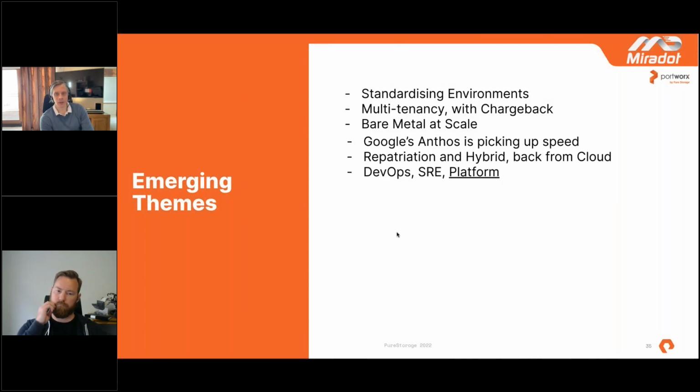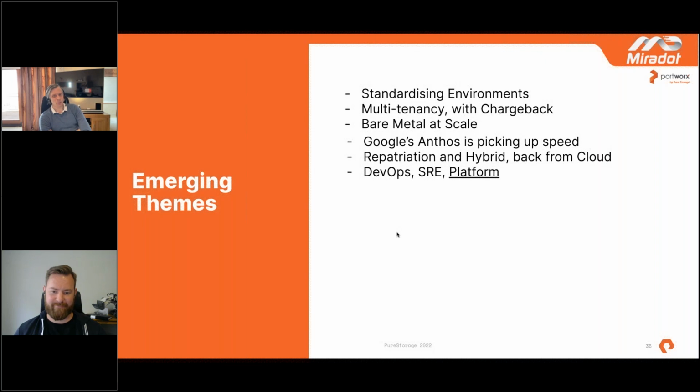So there's a lot of savings to be had there. Let's click it on. We're seeing Google Anthos pick up. A lot more of our clients are starting to use that. And also this idea of repatriation. So things that went to public cloud are coming back, or they're spanning the two. Although we do also see traffic going in the other direction. So I think people are settling on this hybrid world. Did they ever not have a hybrid world? I don't know. Maybe it was just a goal they had, but we see a lot of that.